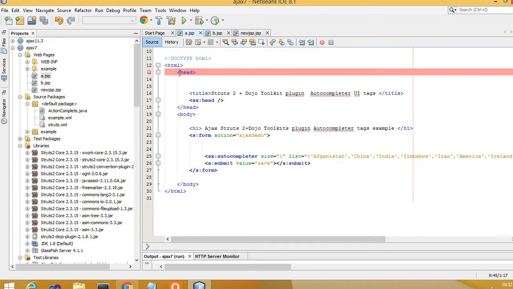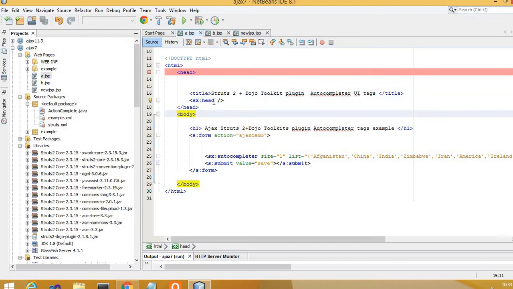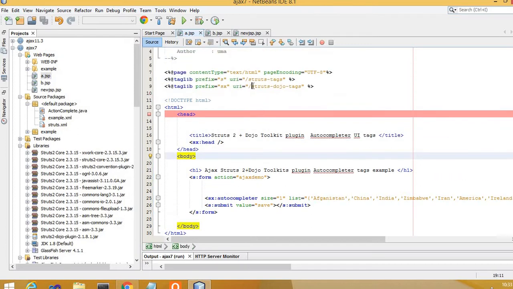Now we need to add one more thing, that SX colon head, into our head part. Why? Because otherwise we won't have the functionality of these struts dojo tags. So in order to have that, we have taken this SX head in the head part.